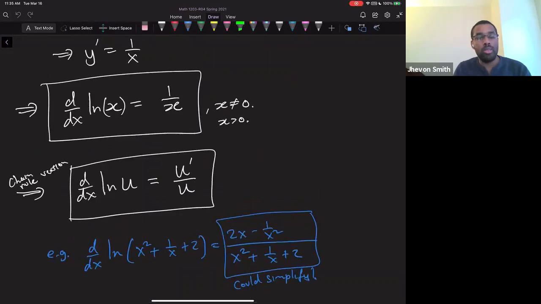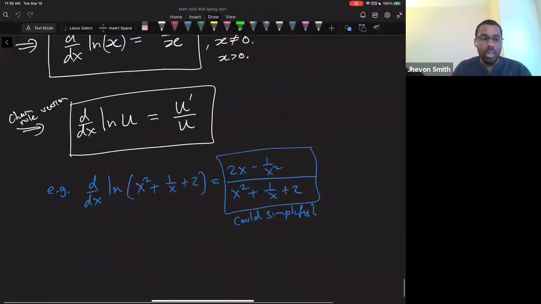We also looked at the derivative of the natural log. Derivative of ln x is 1 over x. Of course, if you apply the chain rule to this, this means the derivative of the log of anything is the derivative of that thing over the thing itself. And we did that example. And